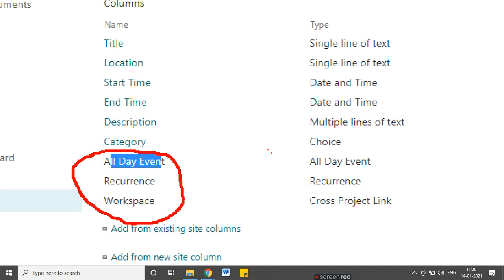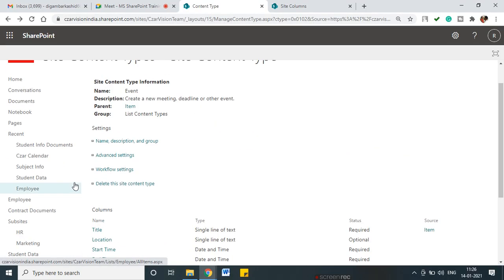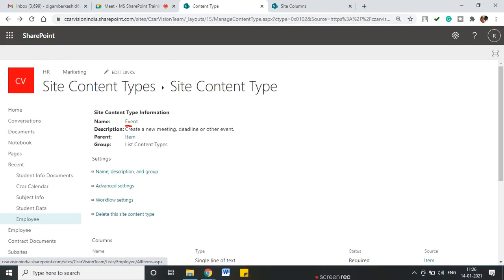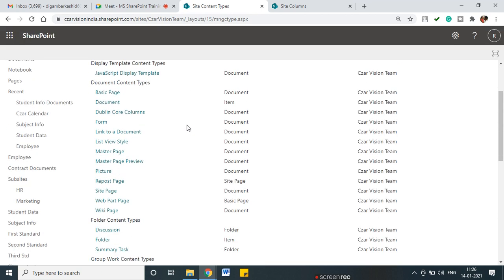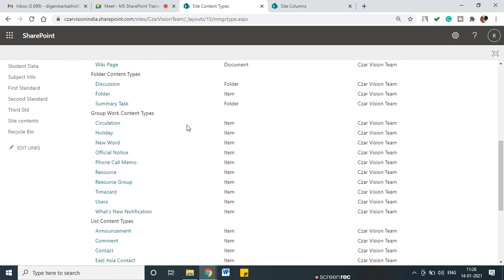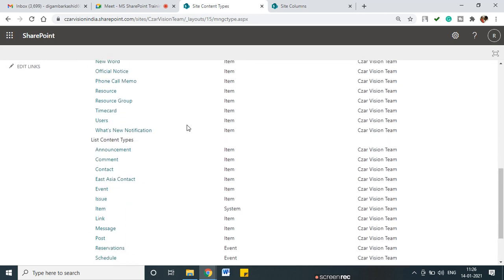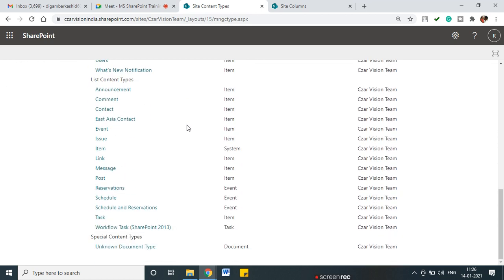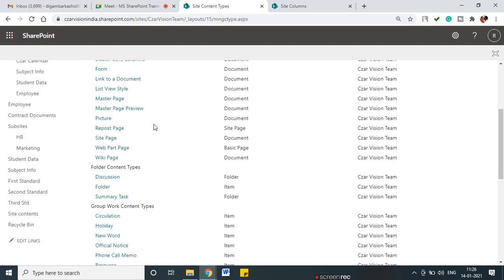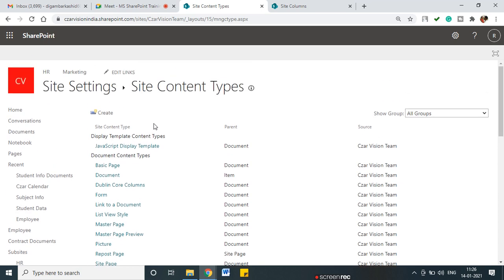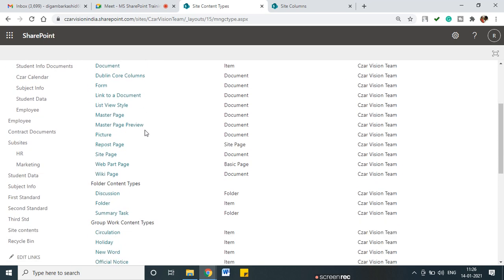But our intention is, see, we know that this is the event content type, and this is a predefined content type. So what are the different content types? Those are predefined. An interviewer may ask you this question, so you should at least know 6 to 7 or 10 content types. So what are the content types that are frequently used? Content type like event,